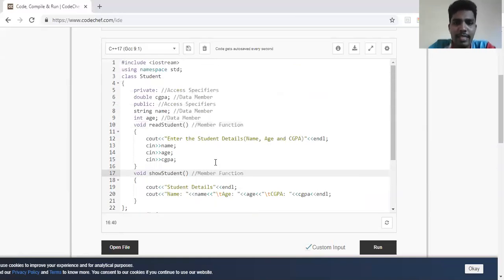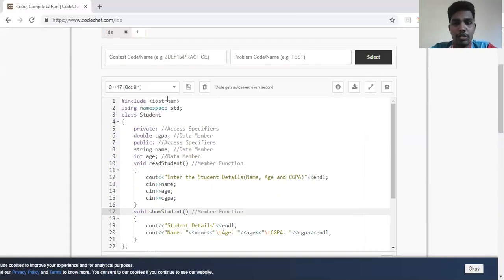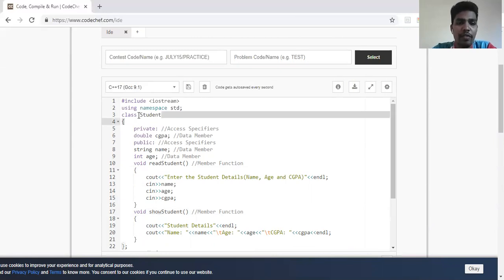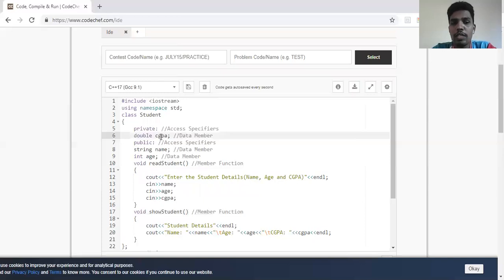So what do you mean by a class? I'll just quickly recall. A class is actually a collection of data along with its operations. So what operations can be performed on that particular data? We bind the data along with the operations. This particular concept is called encapsulation, binding the data and its operations together into a single unit. So you can see here, student is a single unit, which has data along with the operations which have to be performed on the data. This particular concept is called encapsulation in object orientation.